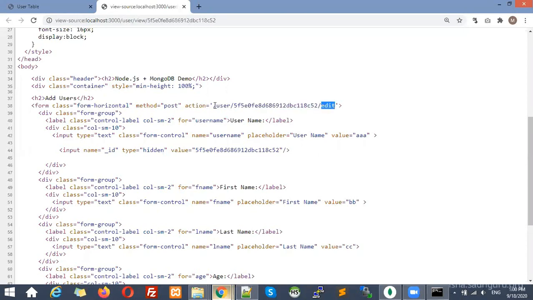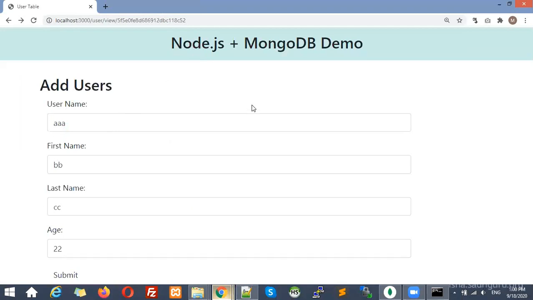So you can assume what the URL will be for this one, and what the controller method will be. The controller method will be like this, user will not be there, so forget about that. This will be the ID, that means colon ID slash edit. That means if slash user, then some ID and edit, then you need to update the query, right? This is for the updation.